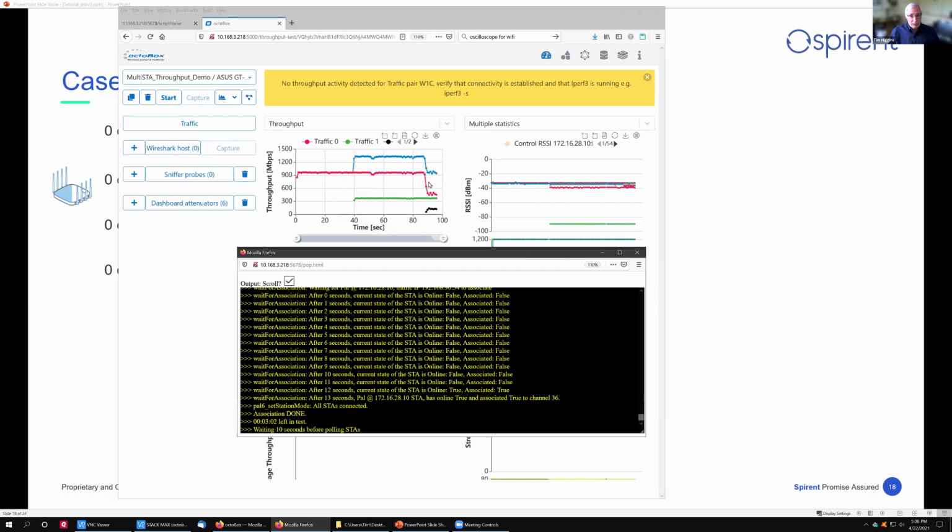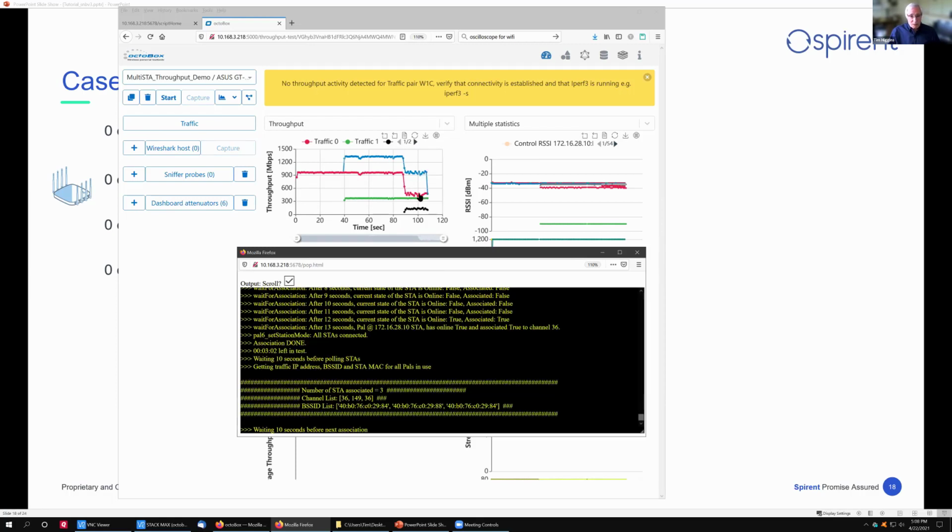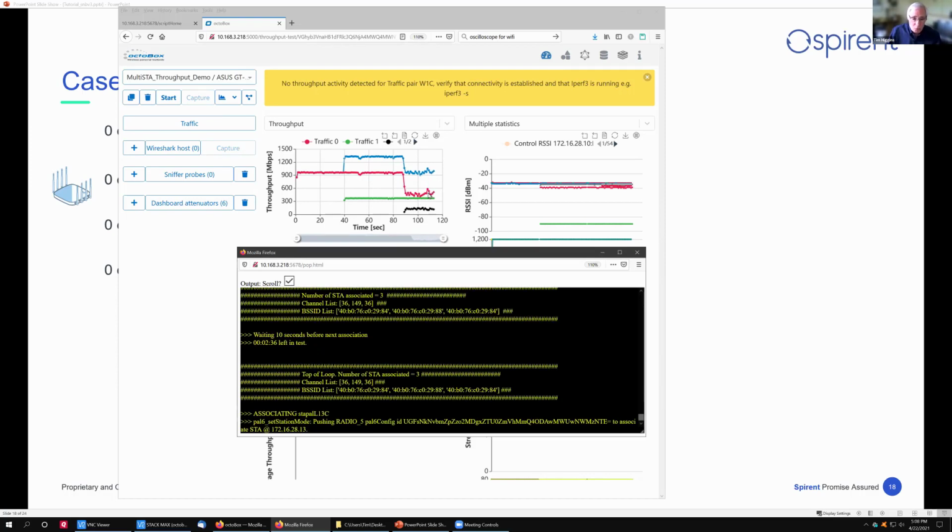As a result, since a fairly slow station and a fast station are sharing the same radio, you can see that the fast station took a throughput hit. It's not as bad as it has been in the past. You can see that it's not brought down really to its knees. So there may be some airtime fairness baked into the router that's at play here. But you did get an overall throughput hit.